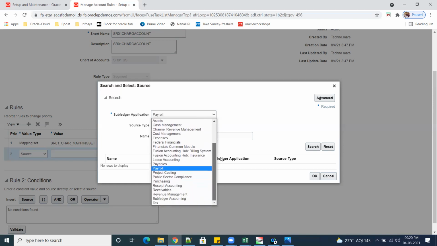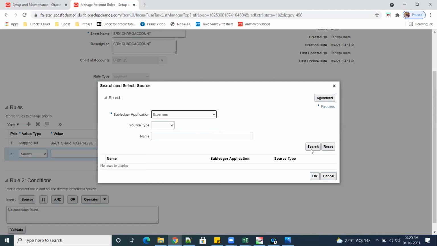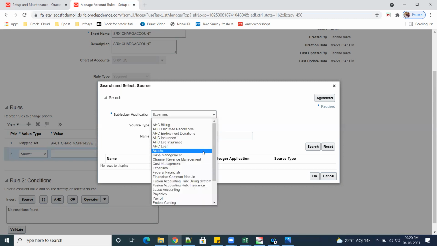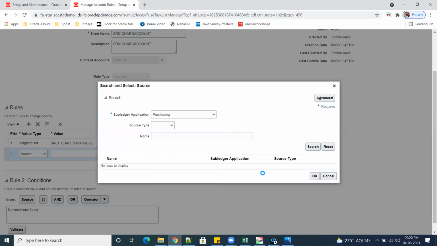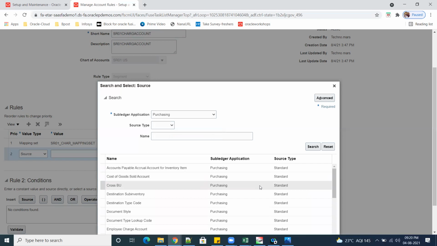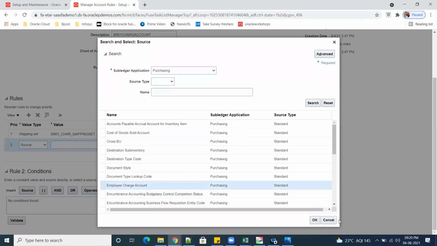See, while creating a user, we are giving some account. Okay, that account, expense, I guess. Okay, let us take purchasing. So okay, employee charge account. Employee charge account means during user creation, we are giving some account.